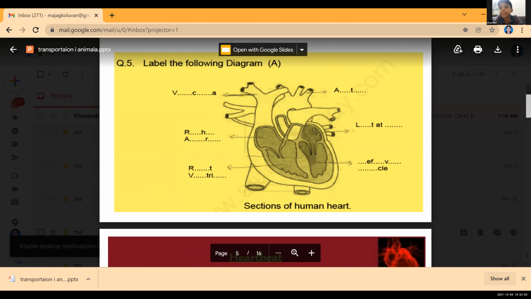The first part is vena cava. What is that? First part is known as vena cava. Spell vena cava. V-E-N-A C-A-V-A. Okay, vena cava. Then herein, this one. Which one? Here. Aorta. Spell it. A-O-R-T-A. That is what is known as aorta.